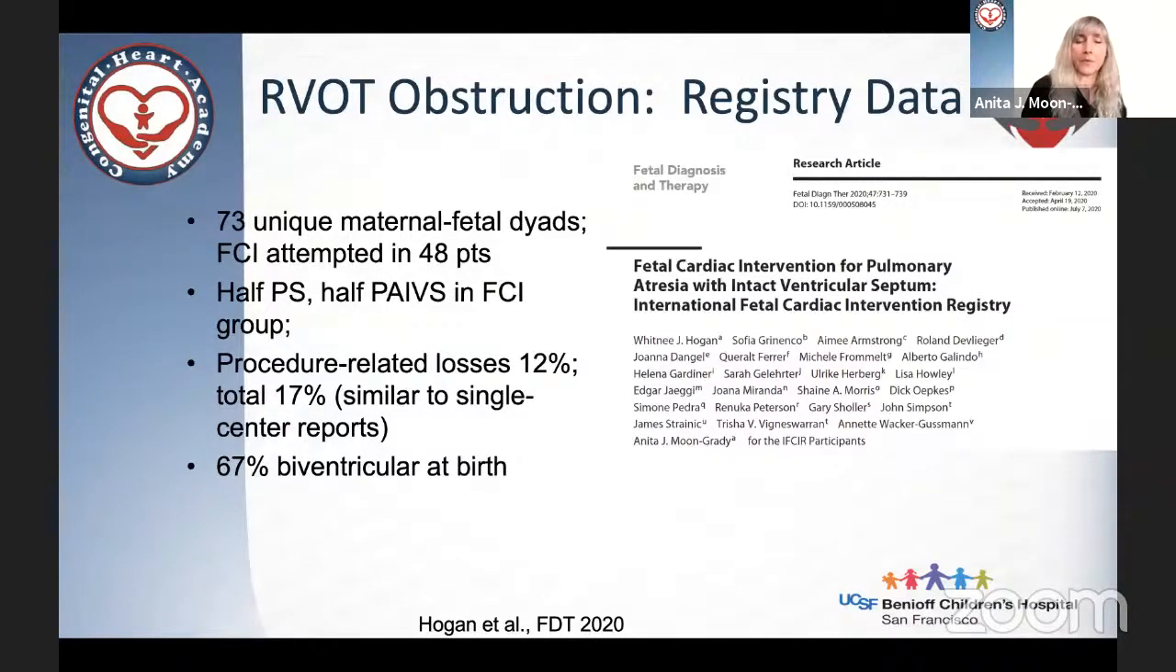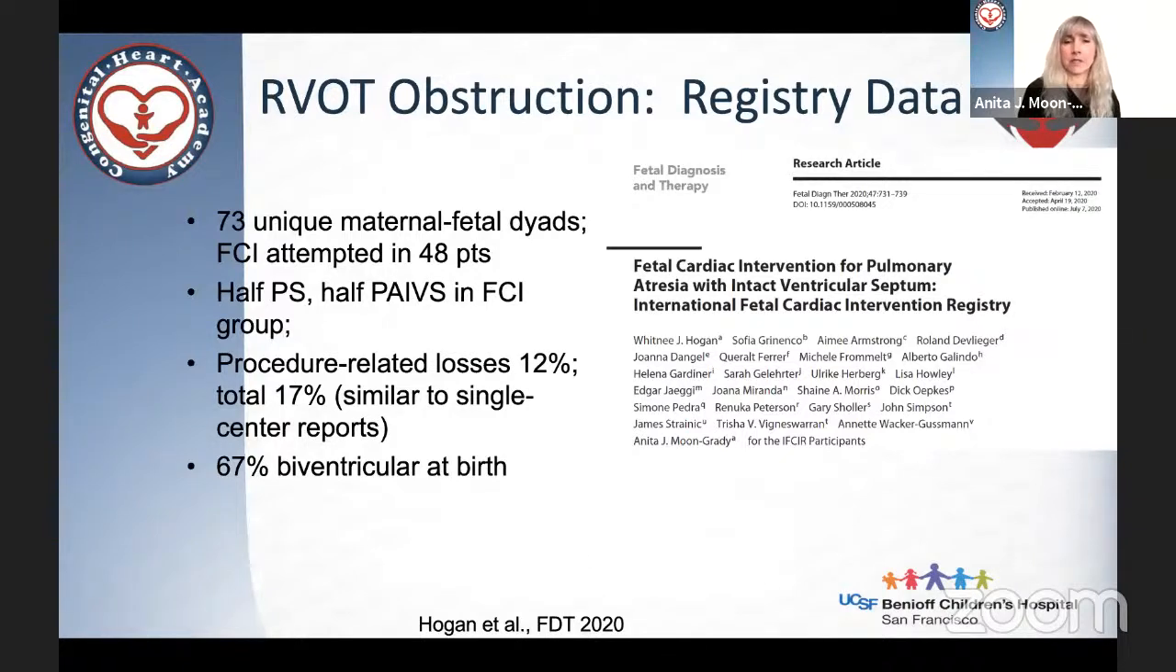This is a paper that we recently, just in 2020, was published in Fetal Diagnosis and Therapy. Whitney Hogan was the first author. She's in Utah, where we evaluated the 73 unique patients that were entered in the registry, and almost 50 of them had fetal cardiac intervention. About half of them had pulmonary stenosis and half had pulmonary atresia that were in the fetal cardiac intervention group,